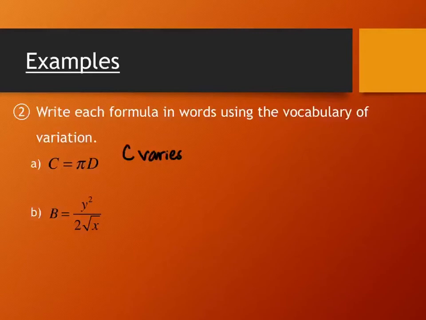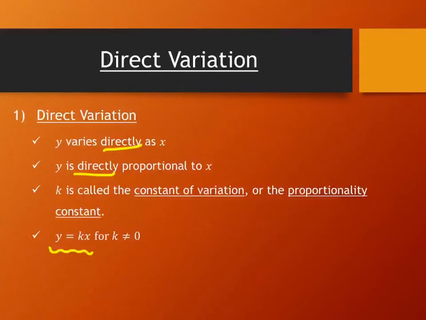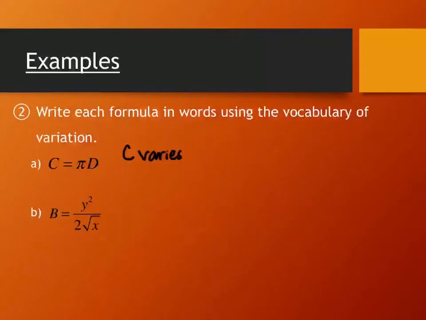And how does it vary? Well, it's a direct variation. So you can say varies directly, or you say, here's your language over here, varies directly, or you can say is directly proportional to. Okay, so those are your two options. I already started writing the first one, so I'm going to do the first one on this one. Varies directly. So we could say C varies directly